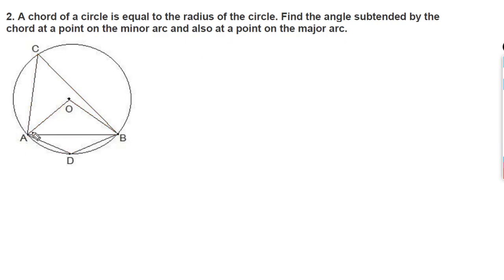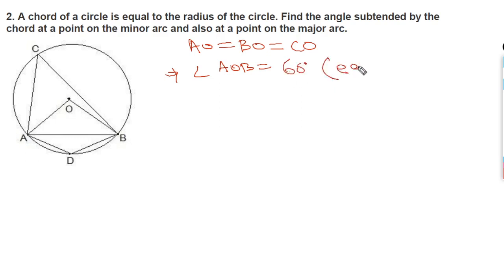Okay, so here we have given AO equal to BO equal to AB. You can write AO equals BO equals AB. It implies that AOB is an equilateral triangle. So you can write angle AOB equal to angle OAB and equal to angle OBA. All the angles will be equal to 60 degree. Why? You can write equilateral triangle. Now angle AOB equal to 60 degree. Look at it. Angle AOB, this angle is 60 degree.